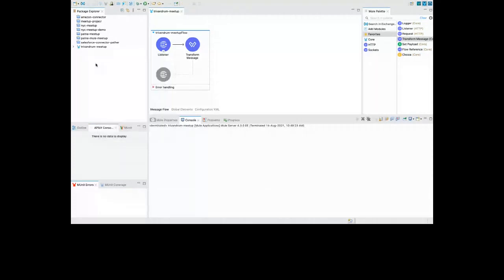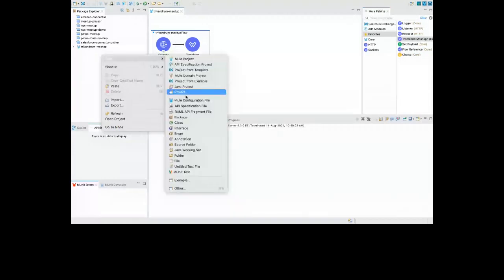To create a project, you have a couple of options. You right click here and you have multiple options, but we'll not talk about all of these. We'll just talk about Mule project. We'll say Mule project, give it a name like India, or whatever name you want, even my first API or hello world. Finish it. Once you finish, it opens a blank canvas for you.